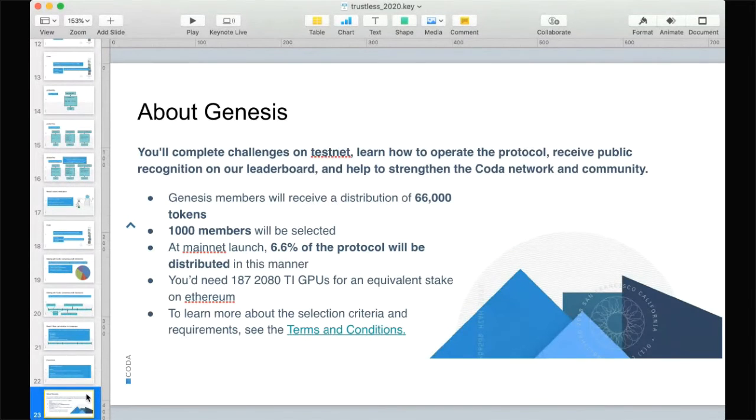All right, so let me tell you a little bit about the Genesis program now. The Genesis program is a program we're launching during testnet to bring on 1,000 people to be the first block producers on Coda on mainnet. Each person who gets into the program will receive 66,000 tokens. This corresponds to 6.6% of the protocol, out of the billion tokens mentioned earlier, distributed this way at launch. One thing that's kind of cool about this is when I was doing the math for this the other day,